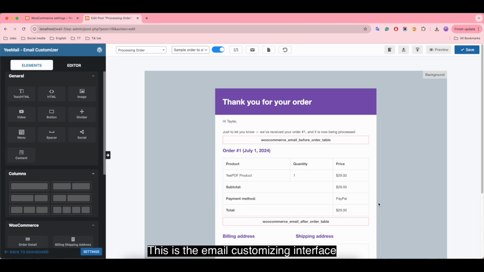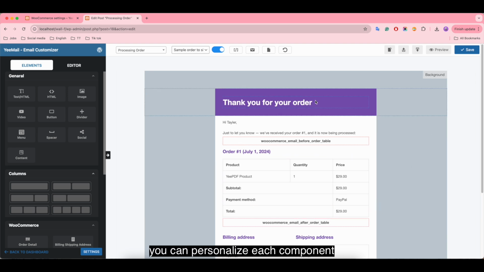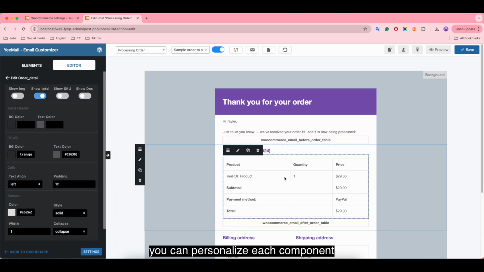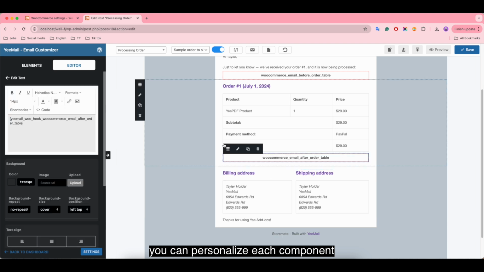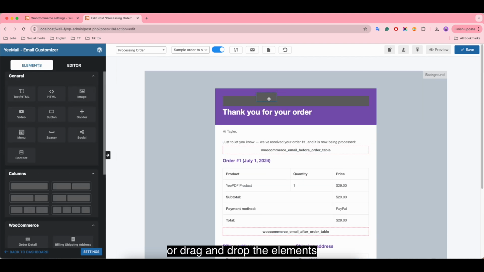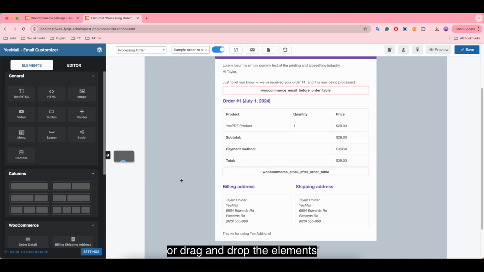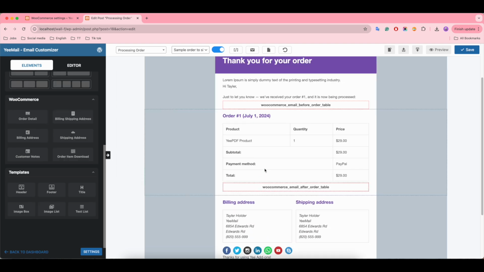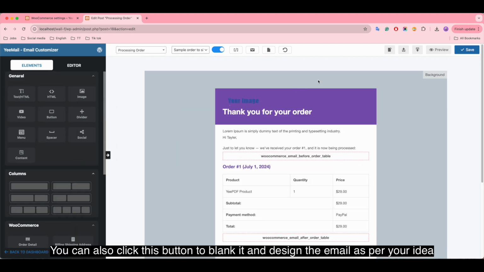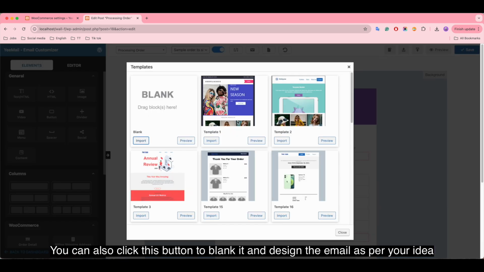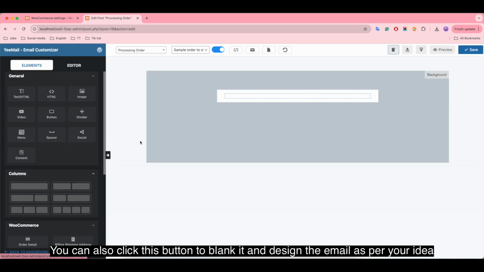This is the email customizing interface. You can personalize each component or drag and drop the elements. You can also click this button to blank it and design the email as per your idea.